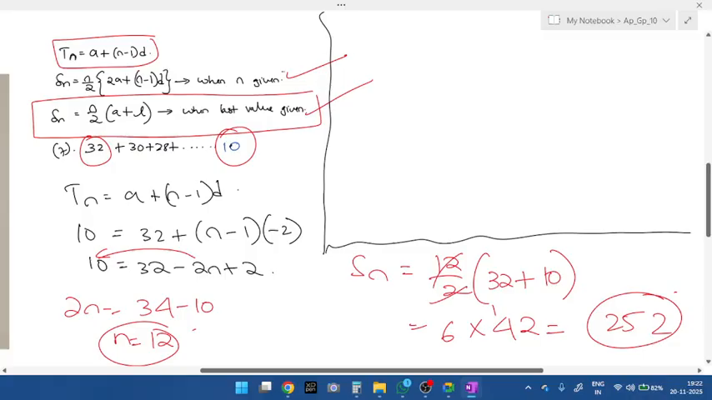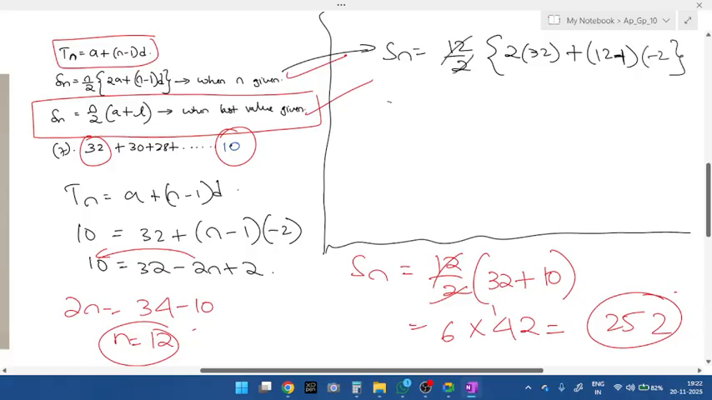Now look here. As I told you, we can use even this formula. I'll quickly solve. N divided by 2, N is 12, so 12 by 2. 2 into A, A is 32, plus N is 12 minus 1 into D. Difference is minus 2. You get 6. 32 into 2 is 64. And when you open the bracket,